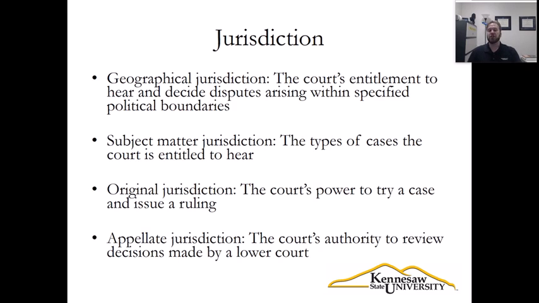And then there's something called appellate jurisdiction. And this is the court's authority to review decisions that are made by a lower court. And so, interestingly, you'll see that there are some courts that have both original and appellate jurisdiction. And these would usually be your courts of general jurisdiction. So your general jurisdiction courts would be your felony courts, your courts where you have original jurisdiction, and I forget what it's called in Georgia. But these courts also have original jurisdiction to hear felonies.